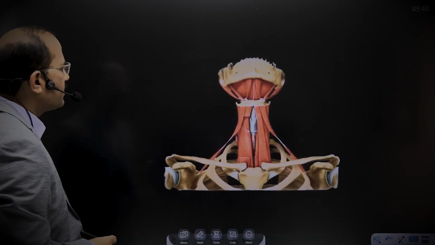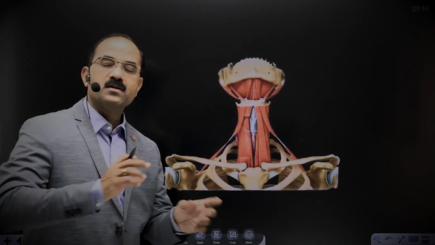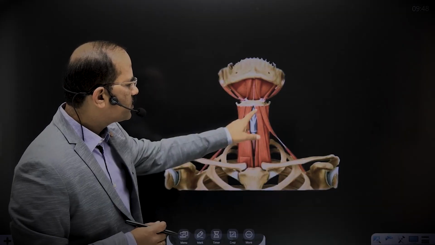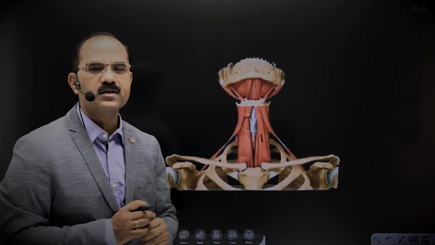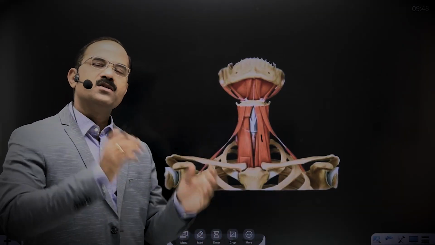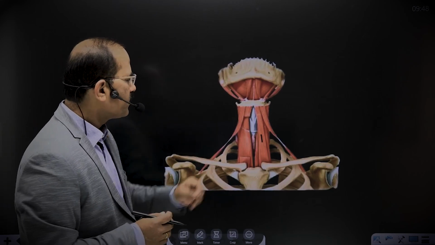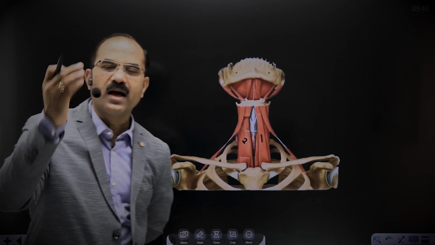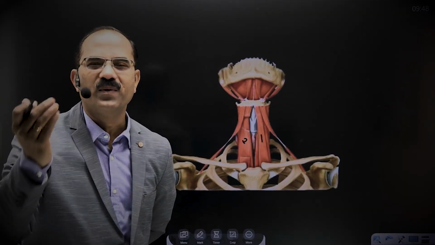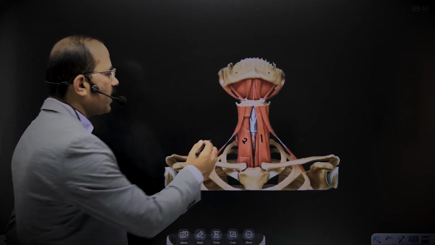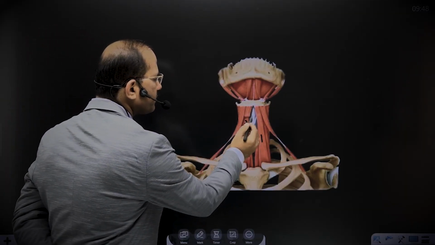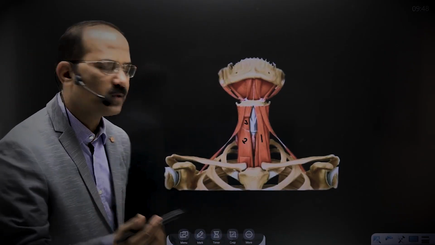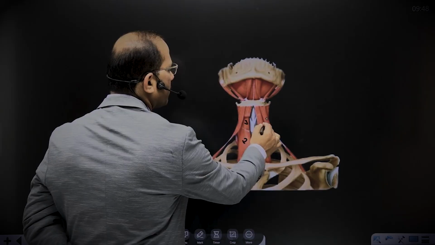Students, let us understand the muscles present in the muscular triangle. There's a muscle which begins from the sternum to the hyoid. That's number one. What is this muscle? From the sternum to the hyoid? Sternohyoid. From the sternum to the thyroid, can you see this muscle? What's that? Sternothyroid. From the thyroid to the hyoid, that's the thyrohyoid muscle. And what is this muscle? Number 4, that's the